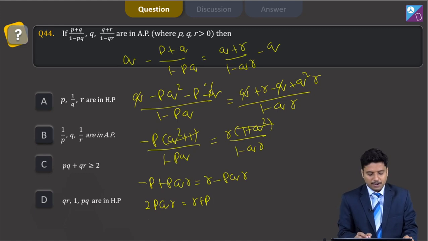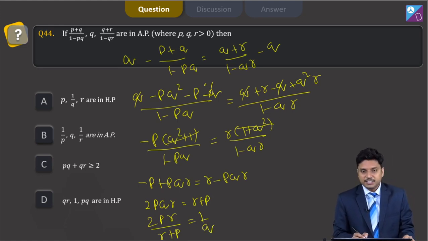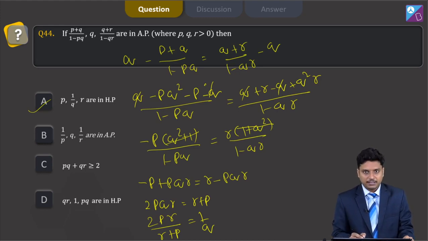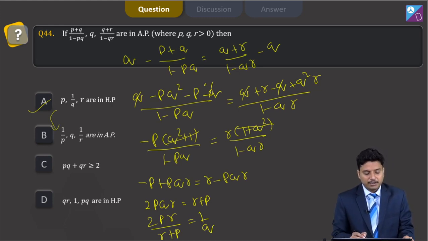2PQR is equal to R plus P. That means 2PR upon R plus P, this thing can be written as 1 by Q. That means HM of, that is harmonic mean of P and R, is equal to 1 by Q. This suggests that P, 1 by Q and R, these three terms will be in HP, and that is sufficient to tell the option B is also correct, that 1 by P, Q and 1 by R, these three terms